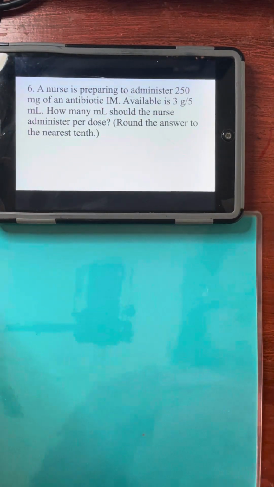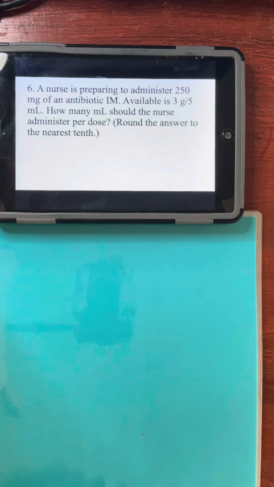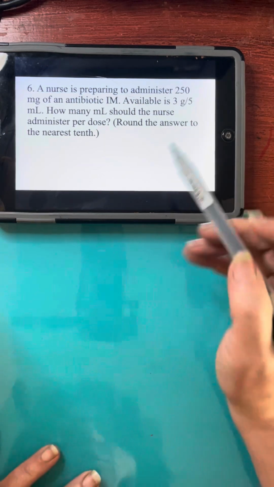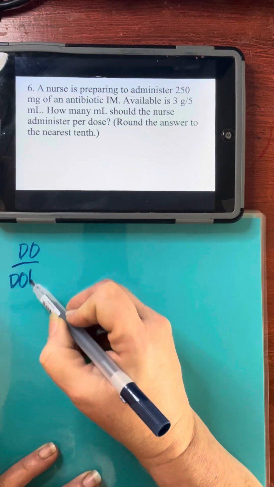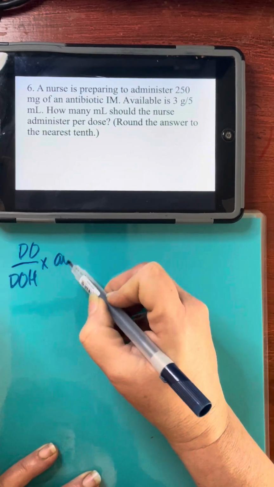A nurse is preparing to administer 250 milligrams of an antibiotic IM. A vial available, my bad, is 3 grams per 5 milliliters. How many milliliters should the nurse administer? Okay, so this is a dose ordered over dose on hand times how it's available